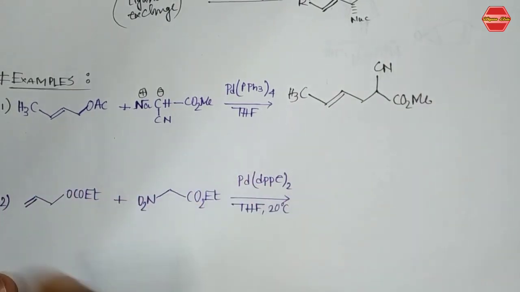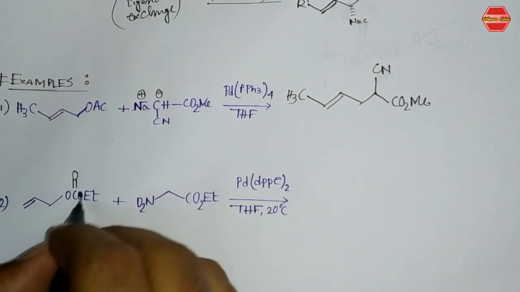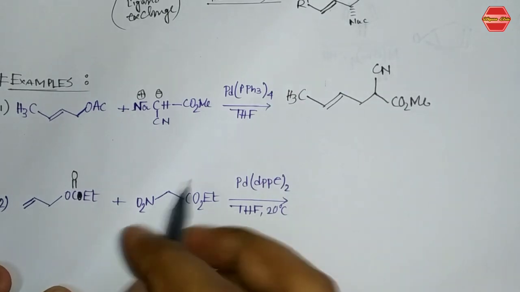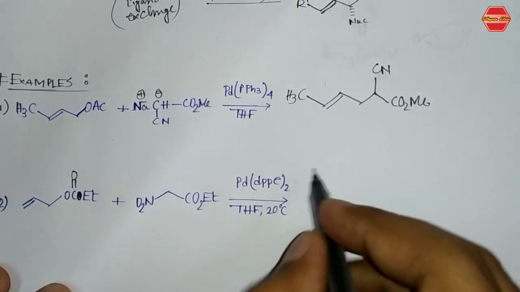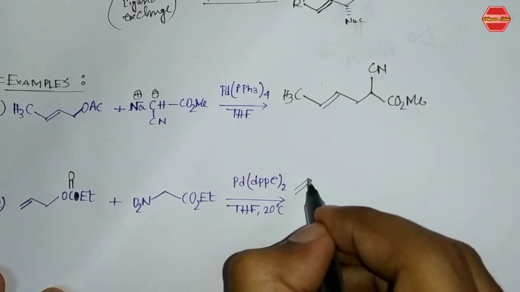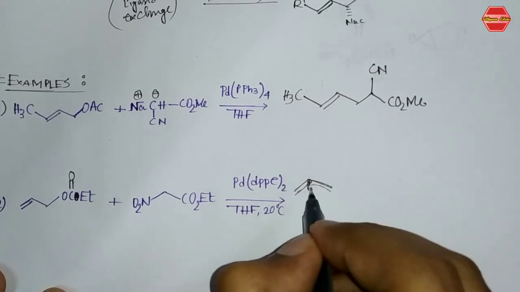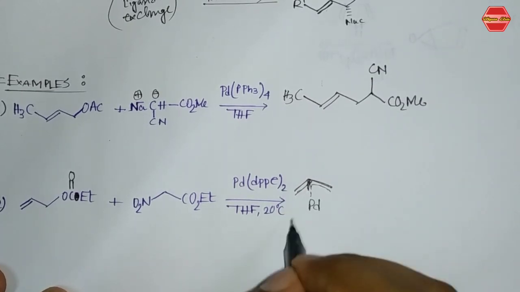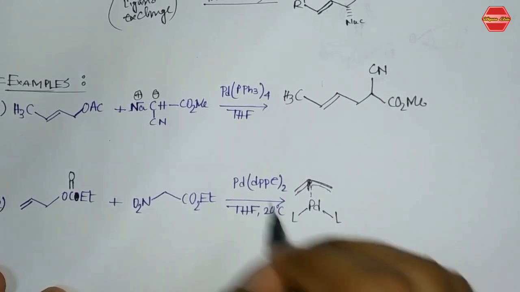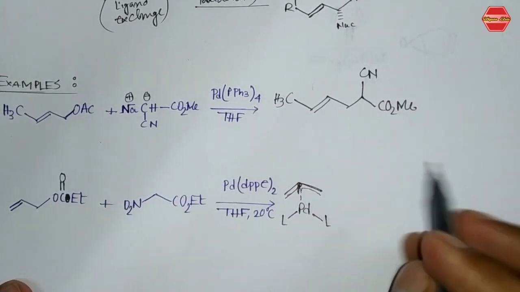Now this reaction is basically, you can write O C double bond O OAT, we can write in this way. So it will first attach with the palladium. So the first step is like this, we can write this double bond. So you can write this group in this way. So now palladium is attached with this, so here due to ligand we can write these two ligands in this way. So OAT minus is free from the system.